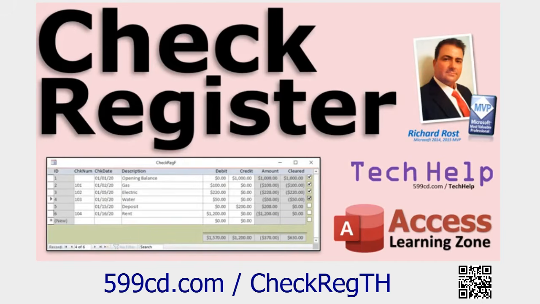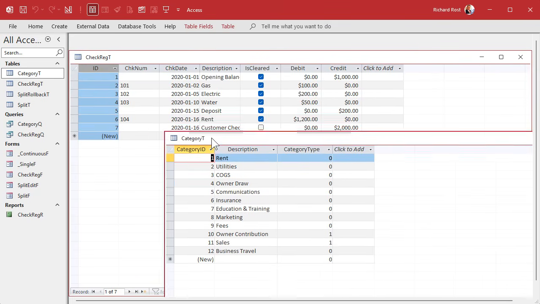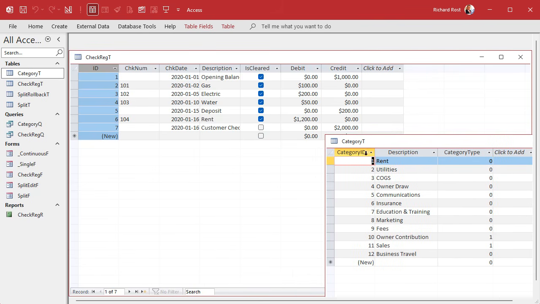That's this guy. This is what Ariana was talking about up front, right? This is the database she started with. And she added a category ID in here so each transaction can belong to a category. And I've got a category table here, right? So you could put a category ID in the check register table, but then you're locked into just one category per transaction. So the key then is to use a middle